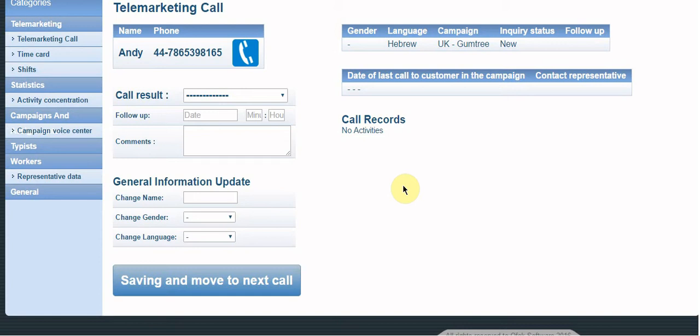Now let's break it down. Let's see what we have here. First of all, you see you have the customer's name and phone number. When we are doing manual calling, we will just click on this blue button here and the phone will ring to this customer. Okay,